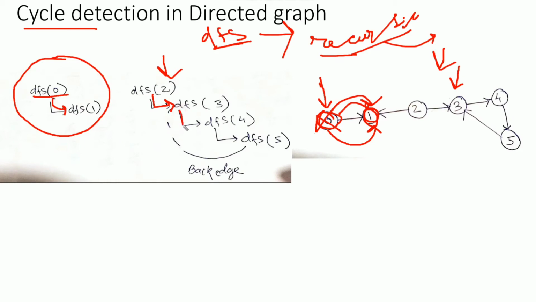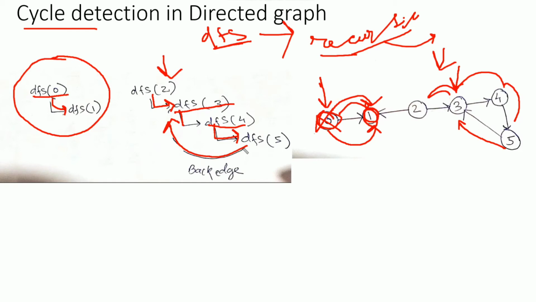From vertex 3 we will move to vertex 4, and from vertex 4 we can move to vertex 5. So 2 to 3, 3 to 4, 4 to 5. Now from vertex 5 the adjacent vertex available is vertex 3. Vertex 3 is already visited. It means that there is a cycle.